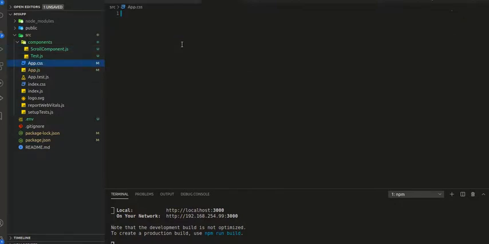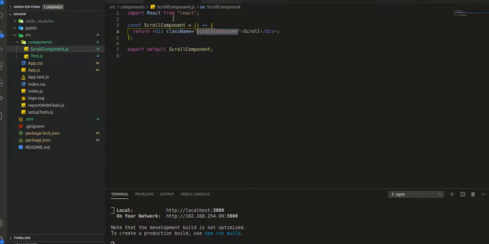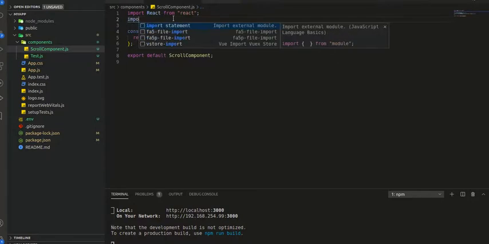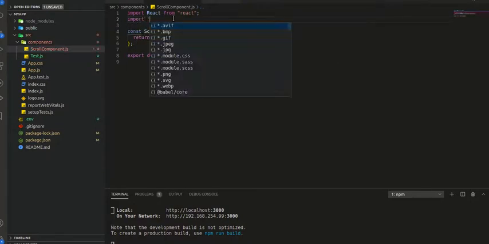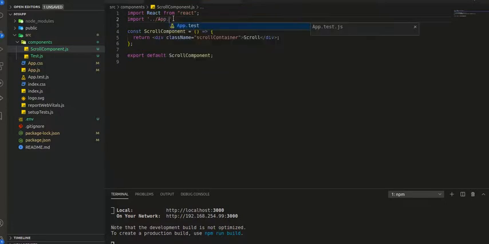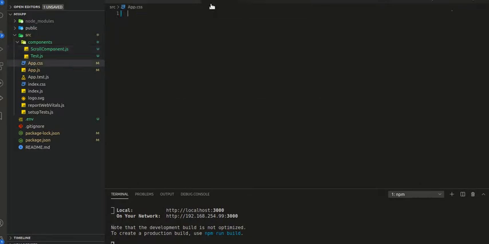Let's add this in app.css first. Let's import app.css, dot slash app dot css, and just write the css for scroll container.